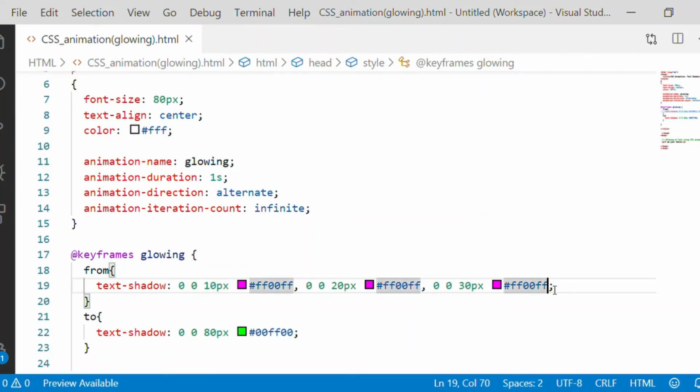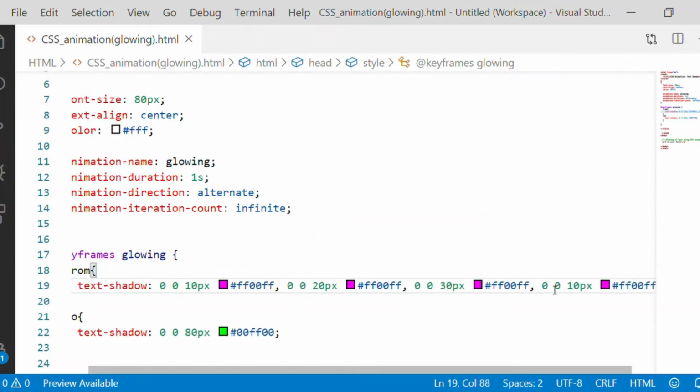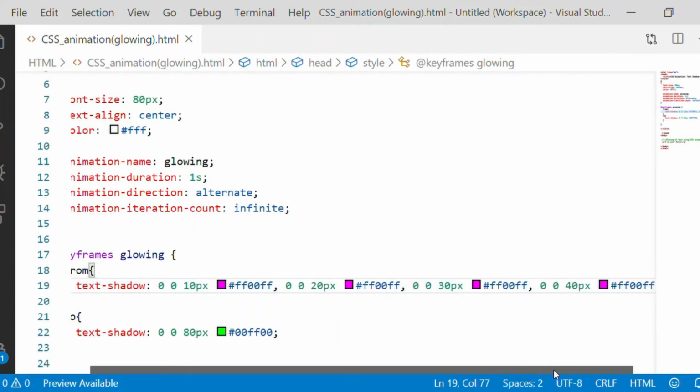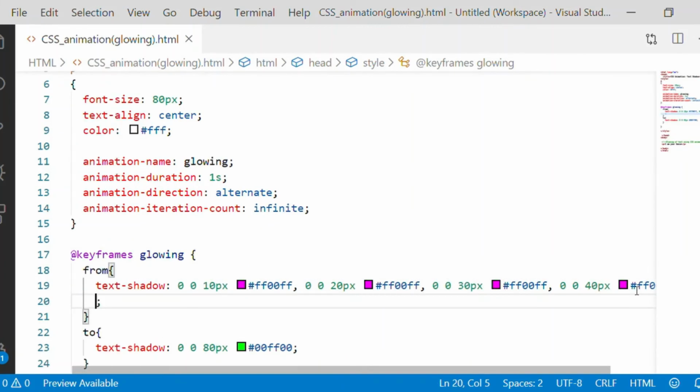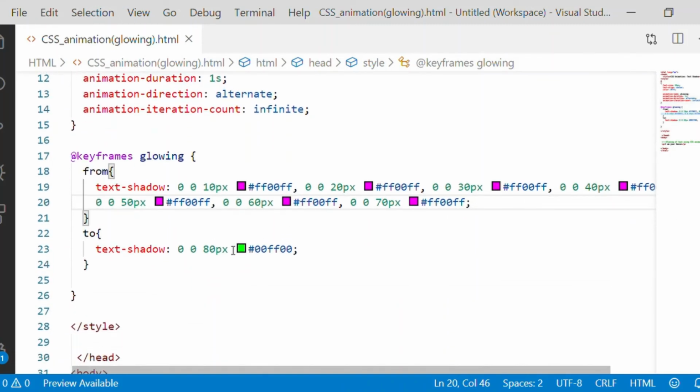So we will put step-by-step text shadow effects: 10, 20, 30, 40, 50, 60 and 70 pixel blur, to start with the color of pink. The from is only up to 70 pixel blur.